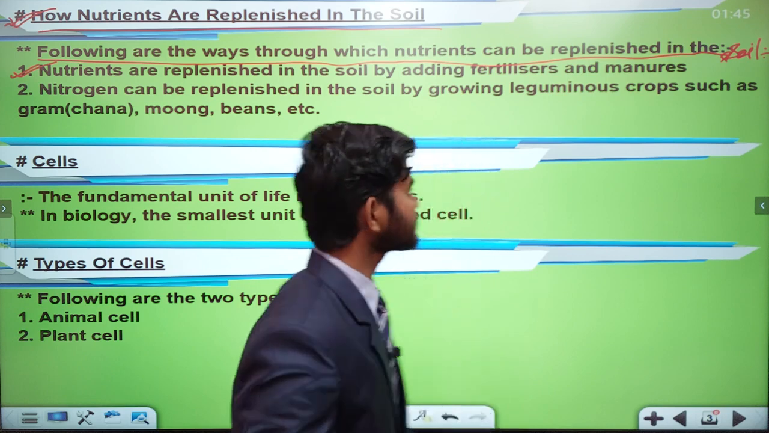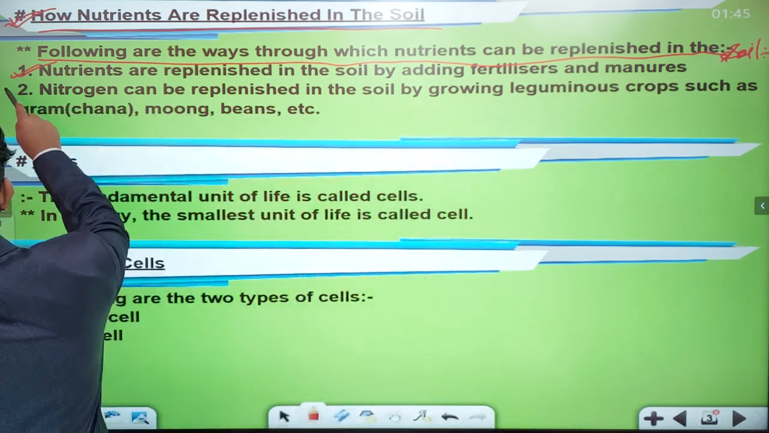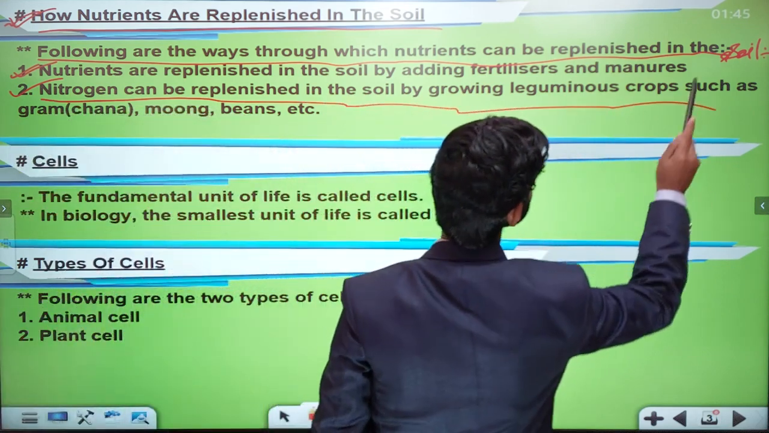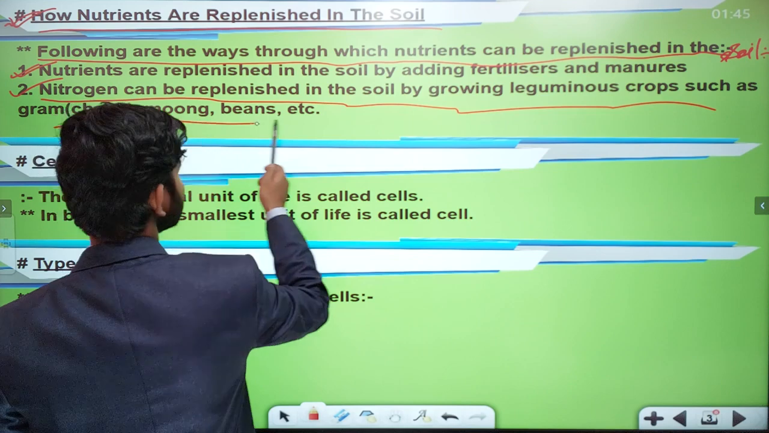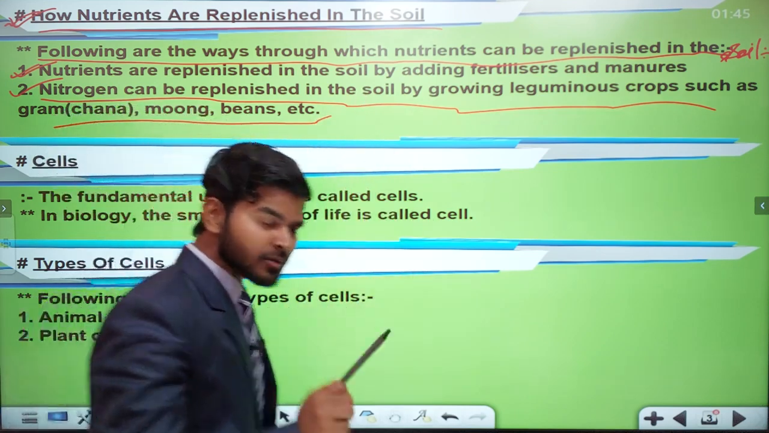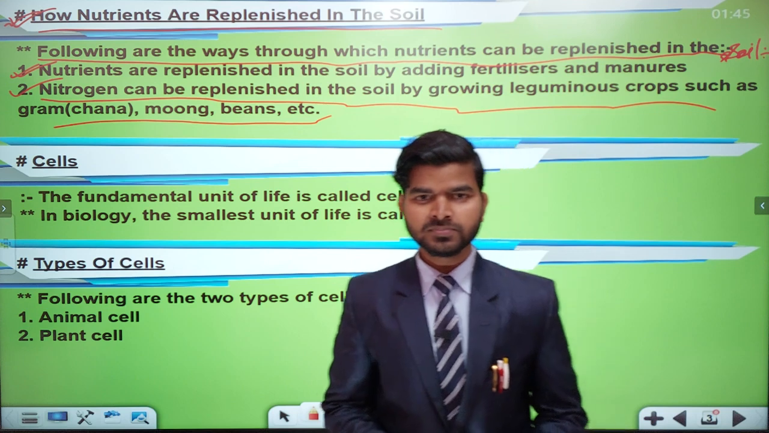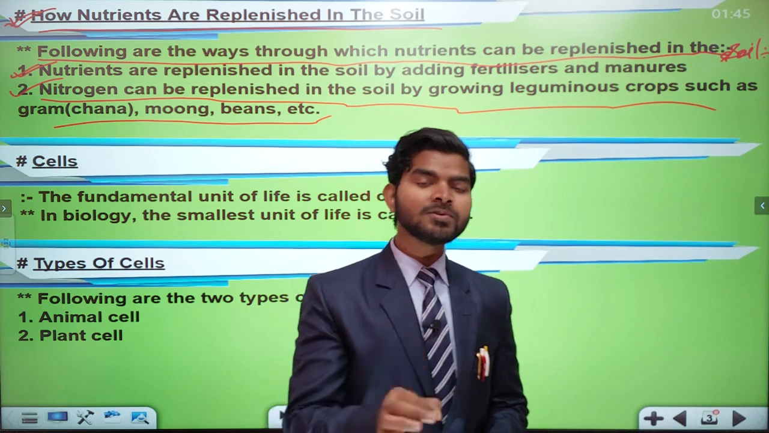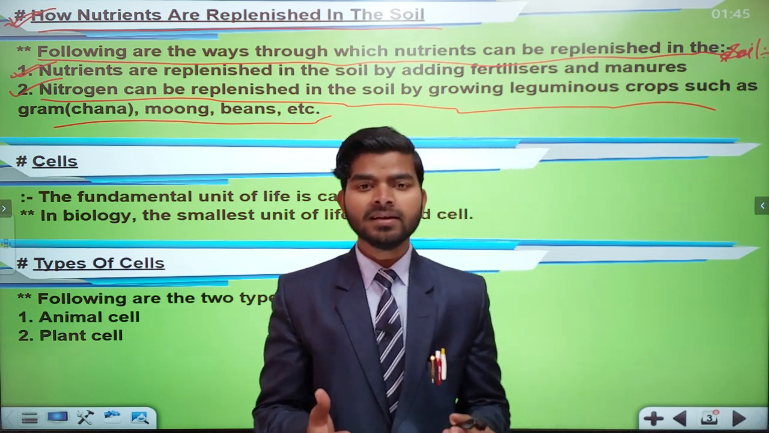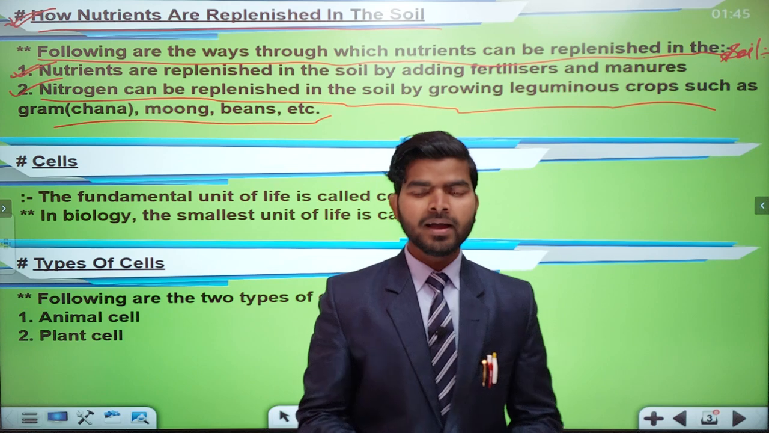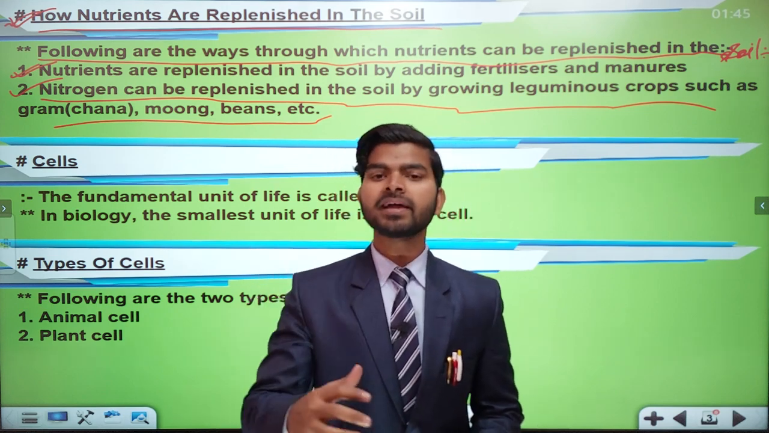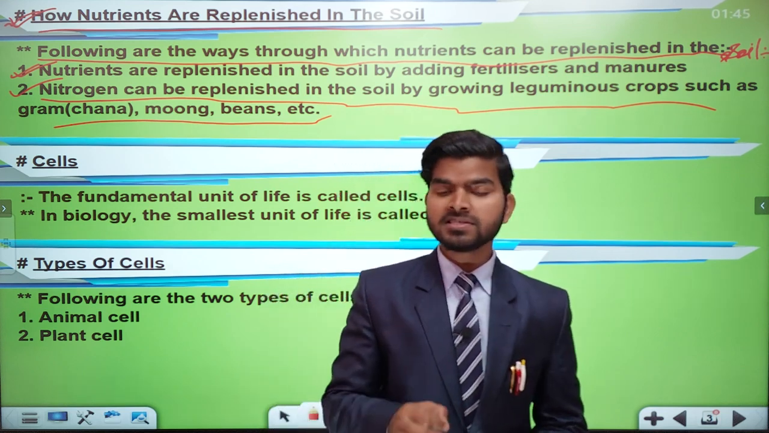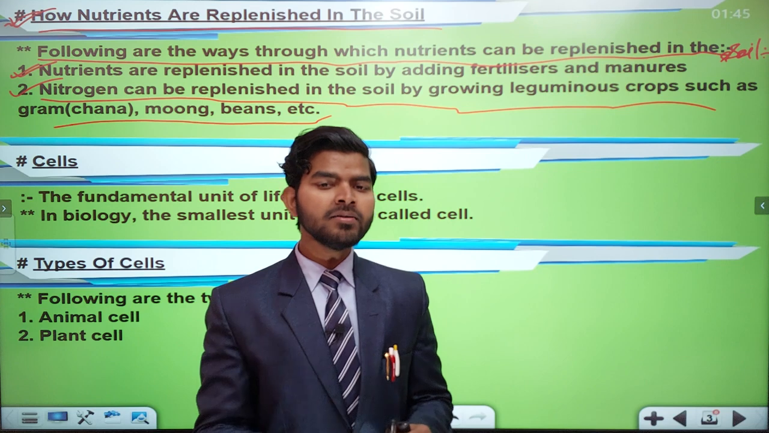Another method, the second one, is that nitrogen can be replenished in the soil by growing leguminous crops such as gram, chana, moong, beans, etc. I have already told you what leguminous crops are. Leguminous crops have a special characteristic: their root nodules contain a bacteria named rhizobium, and that rhizobium bacteria take nitrogen gas from the atmosphere and convert it into a nitrogen compound which is needed by the plants